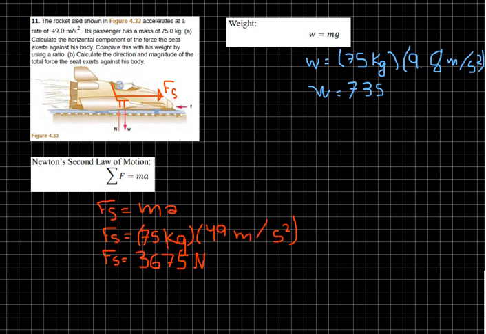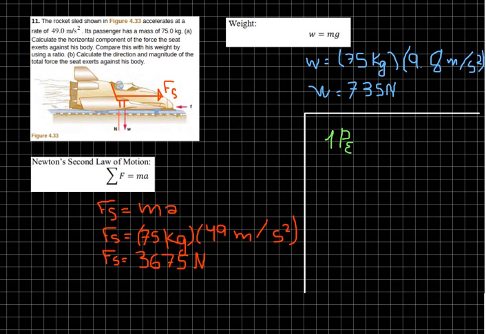Now we have to compare this weight with the force that this passenger is feeling in his back. So how can we do this? Well, here they say that we have to use a ratio, and for that we have to make a rule of 3 or a direct proportional rule. That is, if one planet Earth, or our planet Earth, is able to produce a force of 735 newtons on his body,